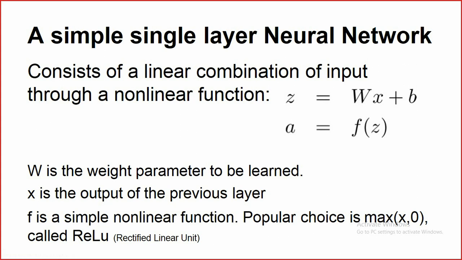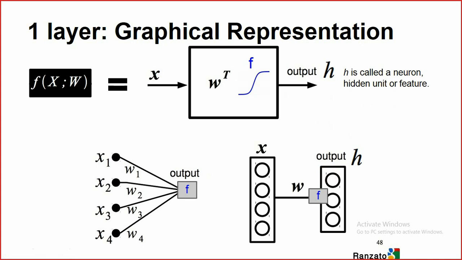Otherwise, if it is more than 0, this function returns the input argument. So this is the way that each of the neurons works. The nonlinear function in this example is, I think, a hyperbolic tangent function. Anyway,